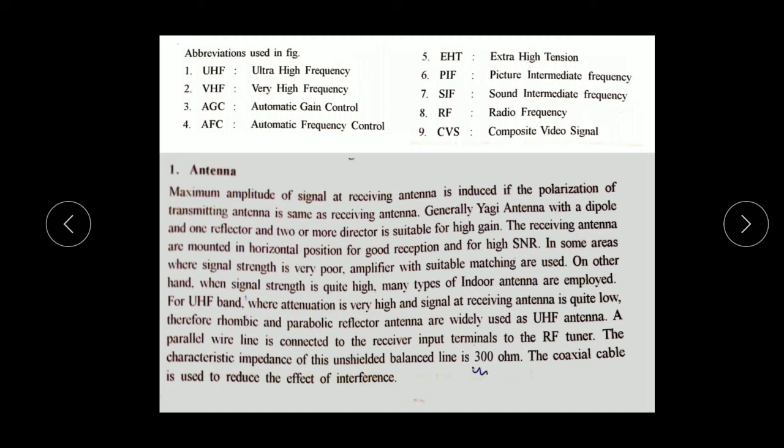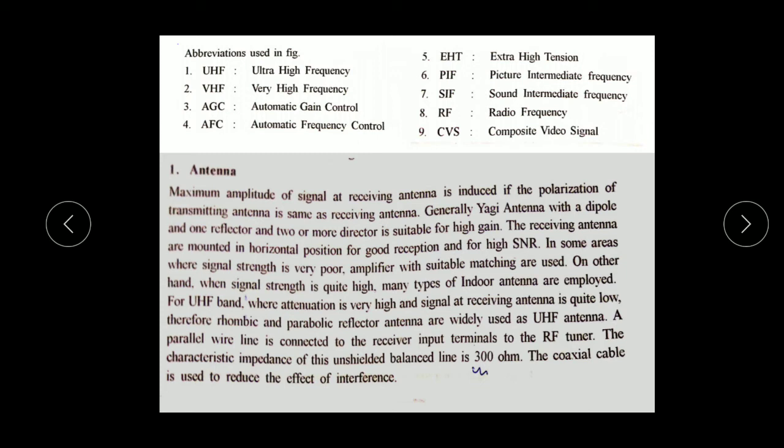The polarization may be circular, vertical, or horizontal polarization. If the transmitter antenna is vertically polarized, then the receiver antenna should be in vertical polarization. Otherwise, it gets minimum power and reflects maximum power, or we receive the minimum power. If the alignment or polarization is the same, then we get the maximum power.